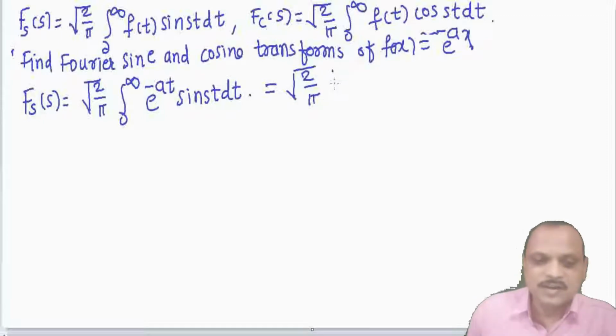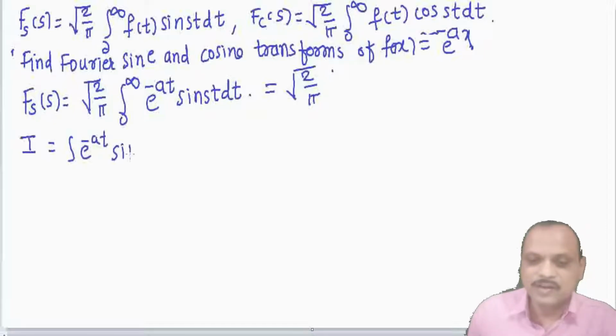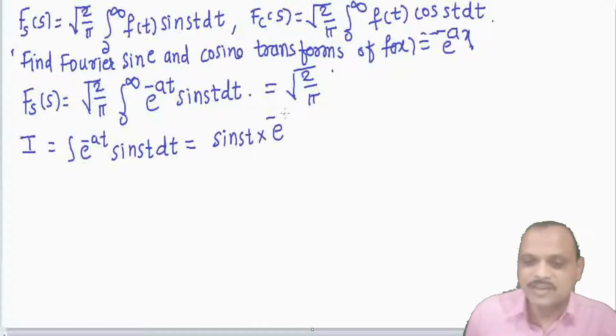So you can see here, if we consider I equal to integration of e raised to minus at sine of st into dt, then sine st is the first function into integration of the second, e raised to minus at divided by minus a, minus the derivative of the first, the derivative of sine is cos, into s into integration of the second